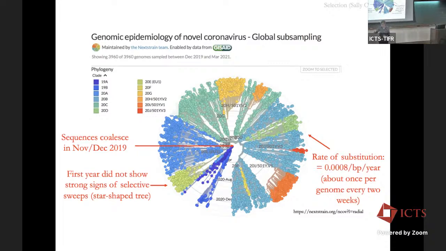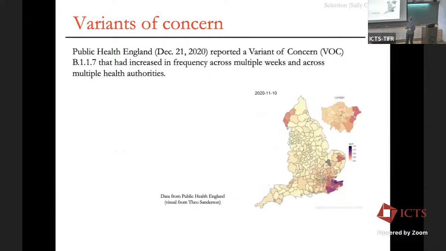As an evolutionary biologist, when I look at this phylogeny, it's really star-shaped. That's the technical term for what you see in a growing population, when pretty much all lineages are equally likely to be successful. Everybody seems to have good representation in this star-like phylogeny. That's not what you see with selection. With selection, some lineages do much better than others, and you don't see that kind of symmetry. But in the first year, there weren't really strong signs of selection. It seemed like almost every one of these viruses, even though they were genetically distinct, was surviving and reproducing equally well. And then along came